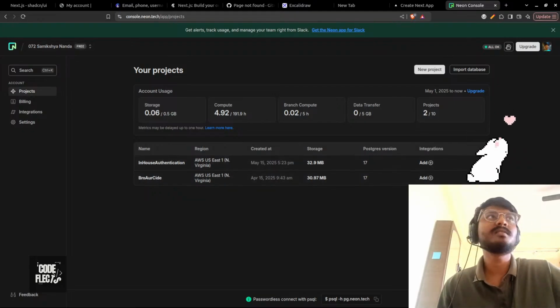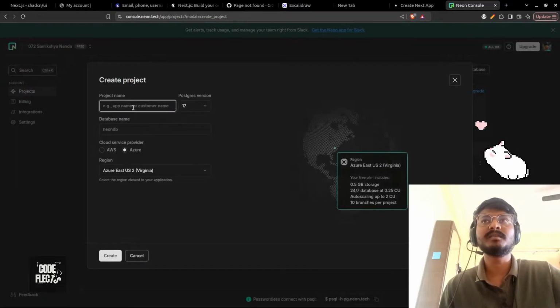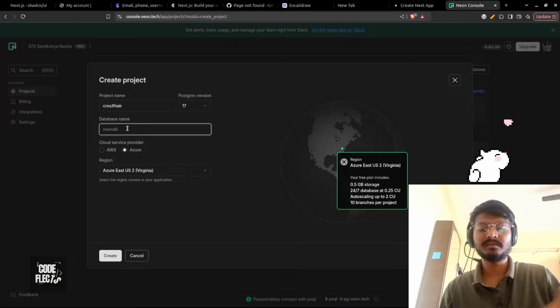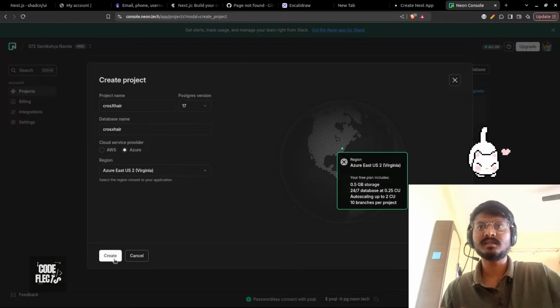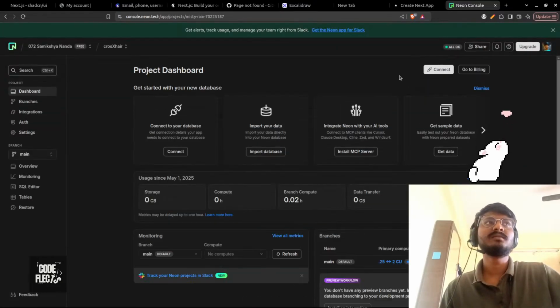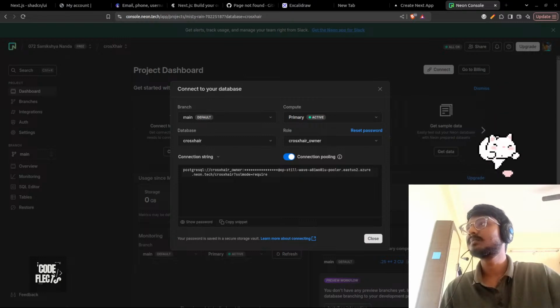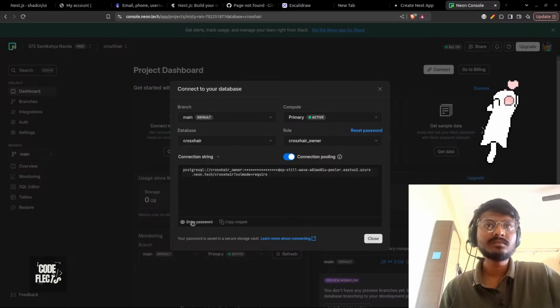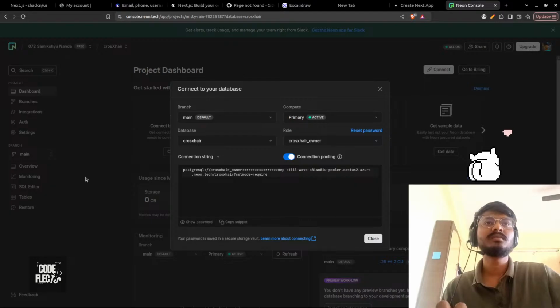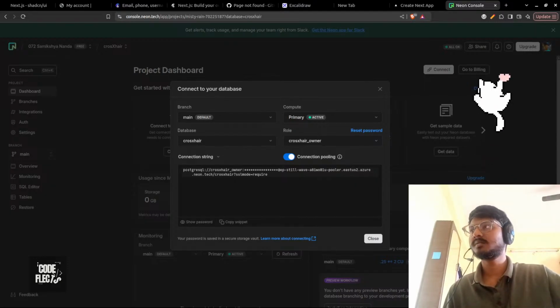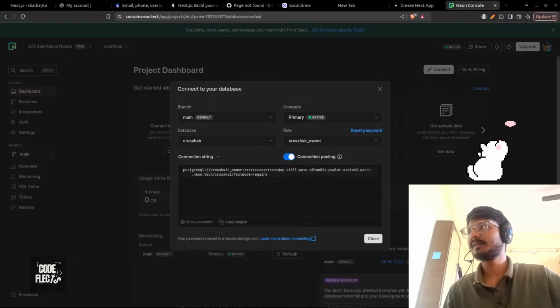In-house authentication I've got, this one I've got. I'll create a new project. Crosshair, database name, crosshair database. Create. I have created. Copy. If I copy it and go here,